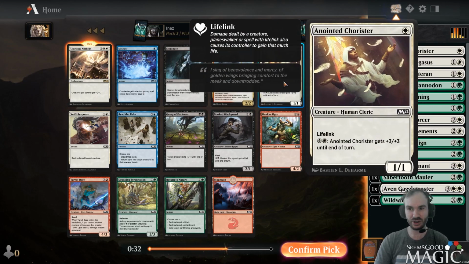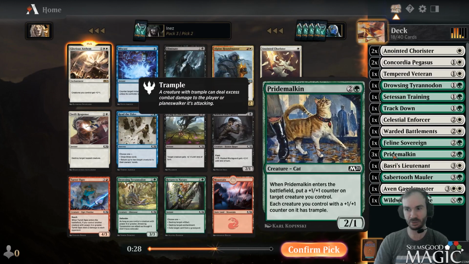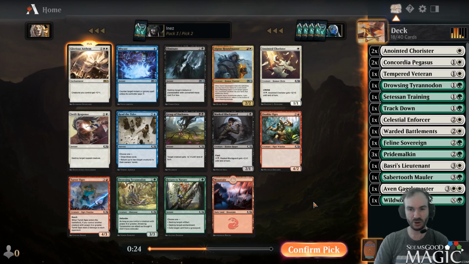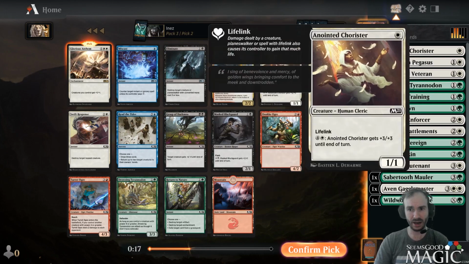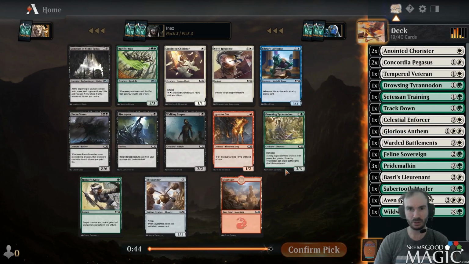If we wheeled Chorister before, I mean, I would play as many Choristers as we could get with Glorious Anthem and Triple Pride Malkin. But, yeah, we're taking Glorious Anthem. If we could wheel a Tyrannodon, that would be the biggest gift. This pack is actually pretty deep, too. Grasp, Eliminate, Houndmaster, Swift Response. There's like a chance that we get Tyrannodon back, but still not super likely. But we just got a Glorious Anthem, so...